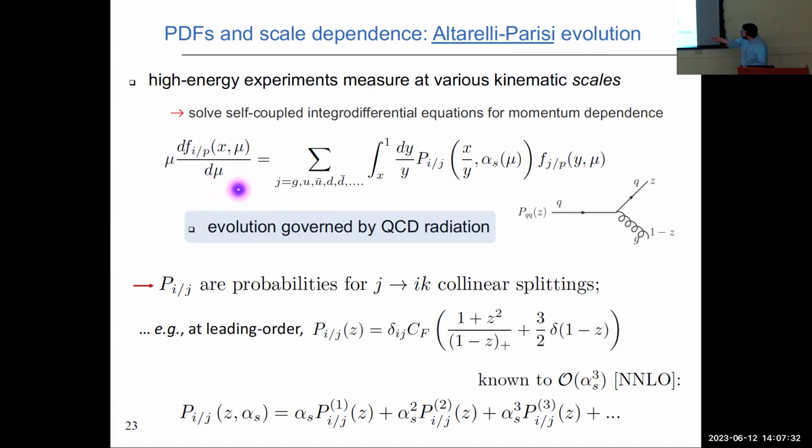And if I want to evolve up to a higher scale, then I have to understand a splitting function, which diagrammatically has some sort of interpretation, for instance, where a quark might radiate a gluon. And there are other such diagrams at leading order where now a gluon can split to q q-bar, as perhaps many of you have seen. And that just gets convoluted with the PDF of a given flavor that's appropriate for this sort of diagram at the relevant scale. And so I can actually just go on my merry way. I can calculate each of these splitting functions. In general, they're known up to alpha_s cubed, for instance, at least in terms of practical calculations for PDF fits.